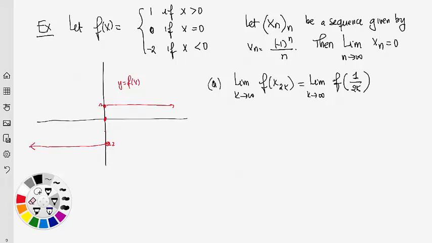Because k is a positive number, 1 over 2k is positive, so it will be somewhere here, and this will be 1. It's always 1. So the image of the subsequence x2k is always going to be 1, and on the other hand,